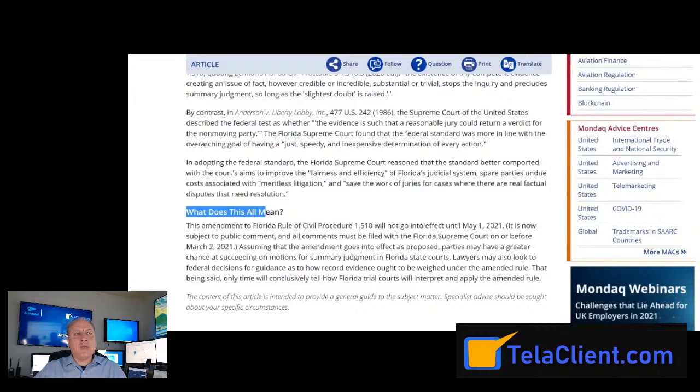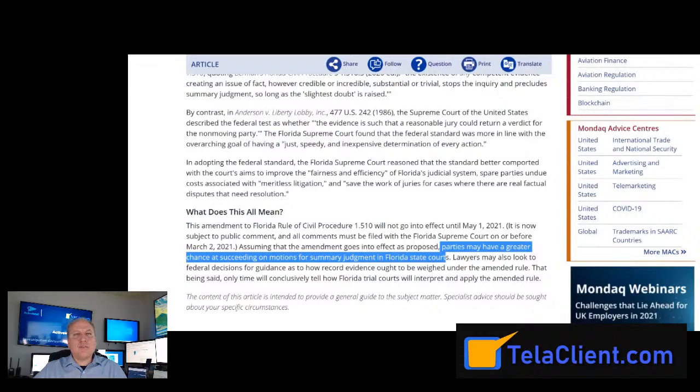The summary of this is, what does it mean? It goes into effect May 1st, so you still have a few months. Assuming that the amendment goes into effect, parties may have a greater chance at succeeding on motions for summary judgment in Florida State Court, right? In order to have that greater chance, you want to make sure you have all your ducks in a row, that your case is properly investigated and documented and supported, and the other side's claims are properly disputed, eroded, or erased as non-factual. And you can do that through an investigation, or your attorney can do it through discovery or